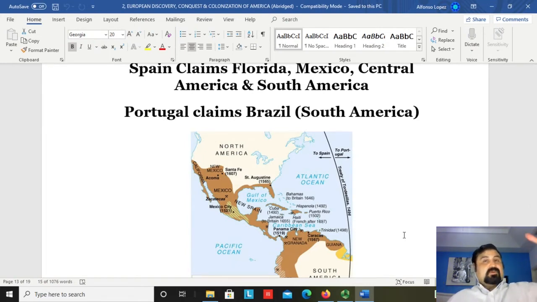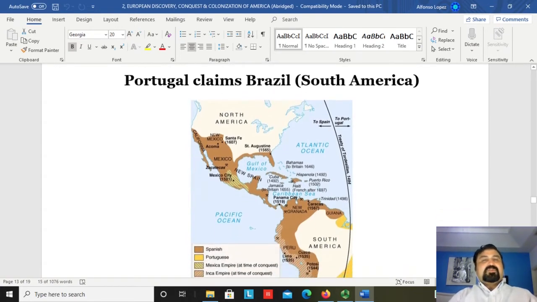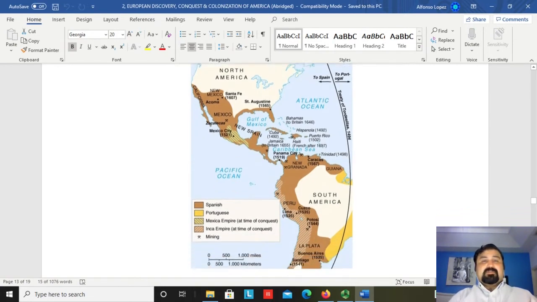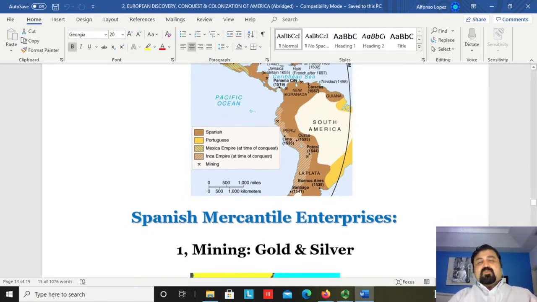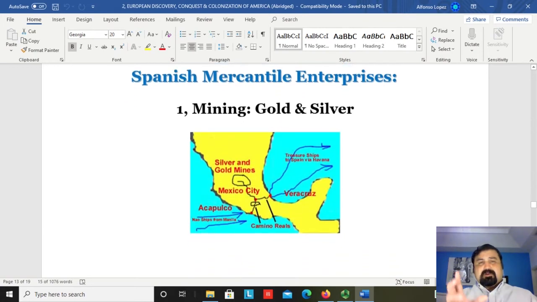claim, settle, and colonize. And Portugal comes just after the Spaniards, and they're going to also claim portions of South America, a place that today we refer to as Brazil. The country of Brazil today was actually colonized by the Portuguese just immediately after the arrival of the Spaniards to America. Again, in the eastern seaboard of South America, we're going to see Brazil. Okay, so once again, when the Spanish and the Portuguese arrive,